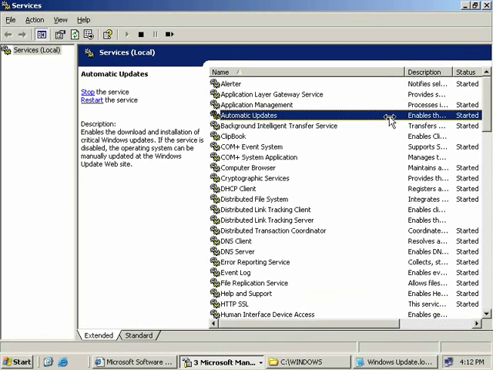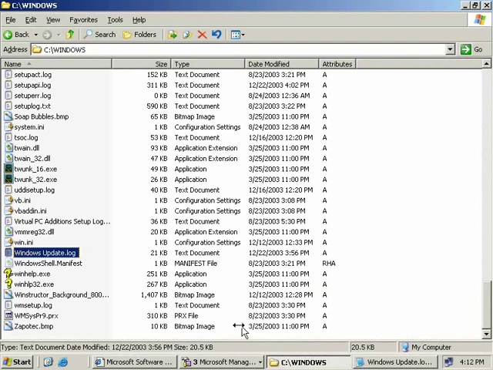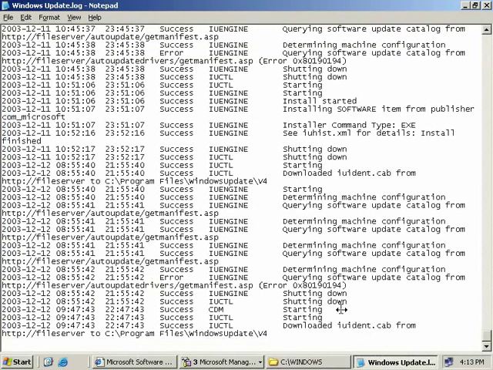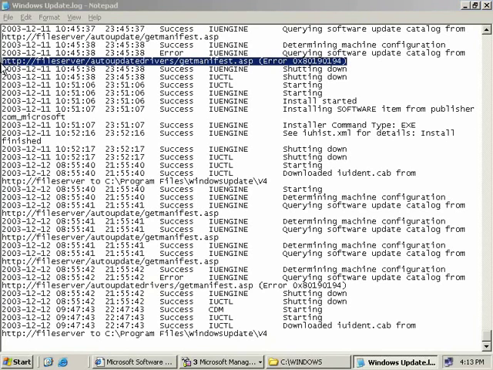Now finally, we should take a look at the Windows Update log. This is a plain text file which is found in your C:\Windows directory here. We can see windowsupdate.log. I've actually already opened it over here, so we'll have a look at it. This log will display all successes and failures relating to Windows updates. One thing I do want to point out is this line right up here. We can see that we've actually got an error,